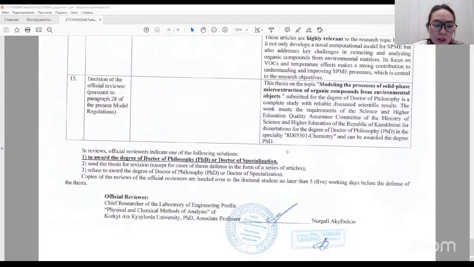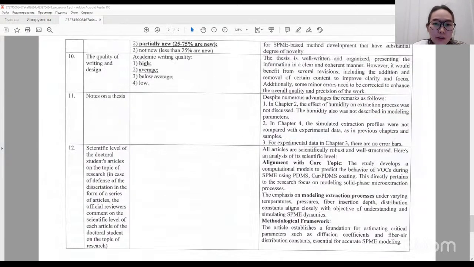In chapter 2, we did not build computational models for humidity, but ensured constant humidity during all experiments. For example, solid granules were used to minimize variations and maintain stable lab conditions. And the distribution constants between fiber and air were estimated specifically for the measured humidity, such as 50%. About the second note,